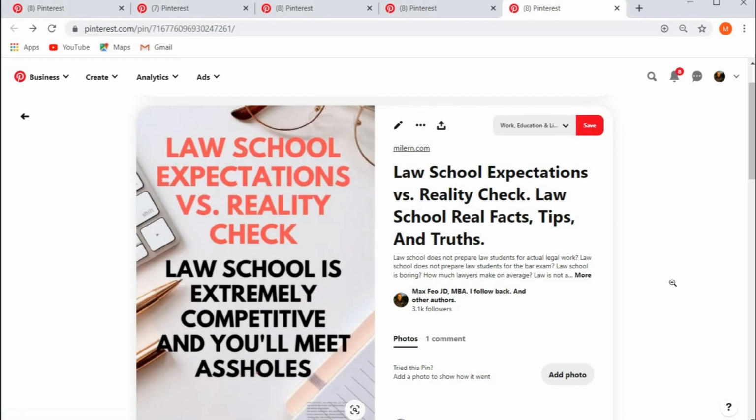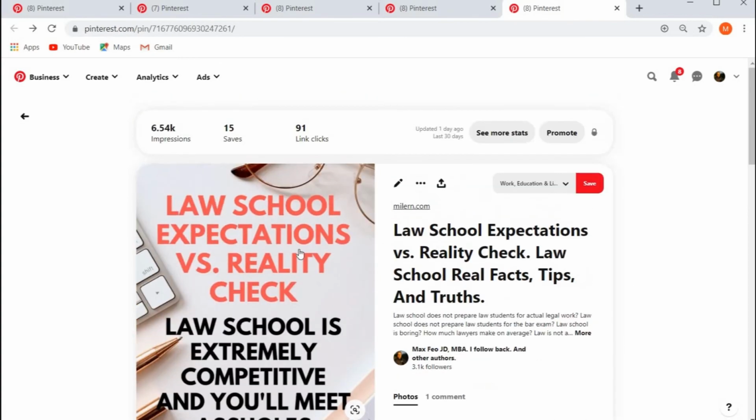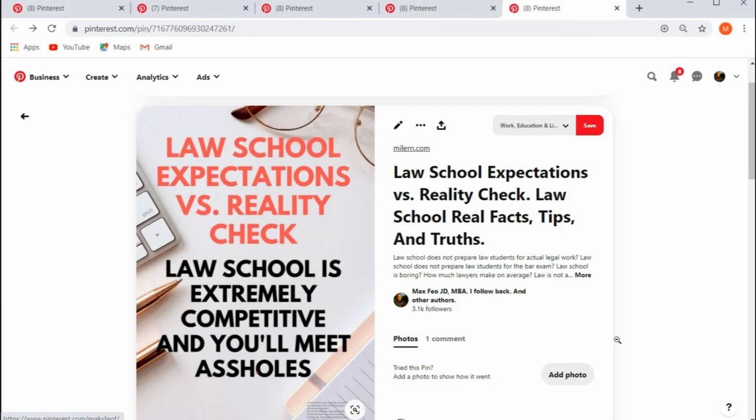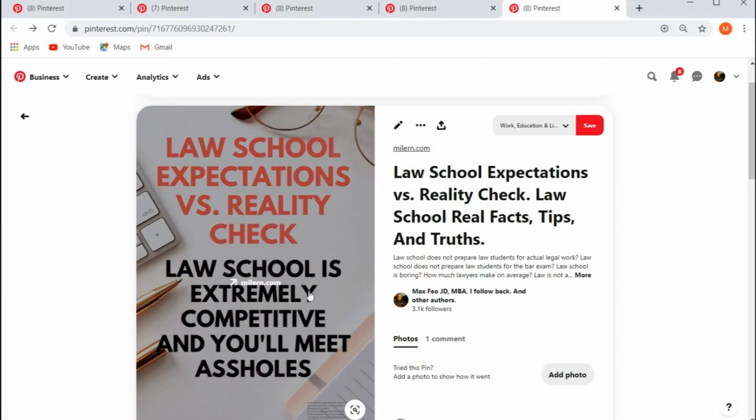And even if they don't want to go to school, they are curious about what kind of people go to law school. There are this kind of people. Maybe that's why there are so many lawyers who are not nice. So this description attracts attention, really. That's what it is. It's not the pin itself. It's easy to read, and the message, the description itself, is a kind of controversial, catchy description.